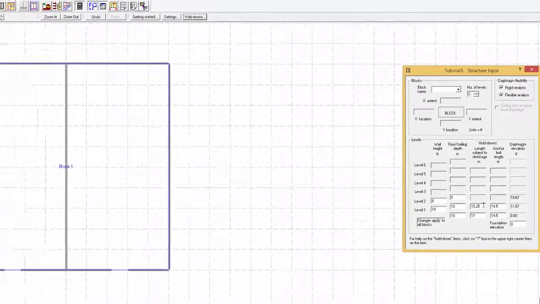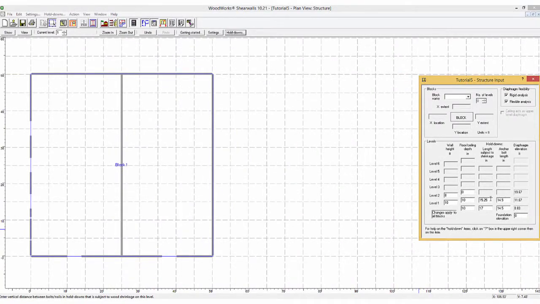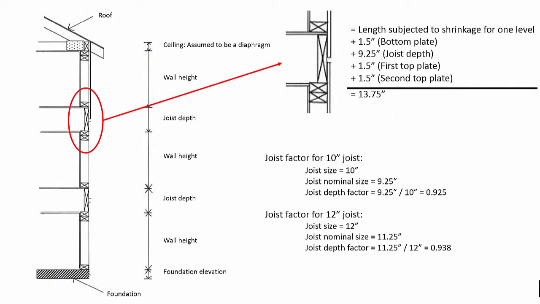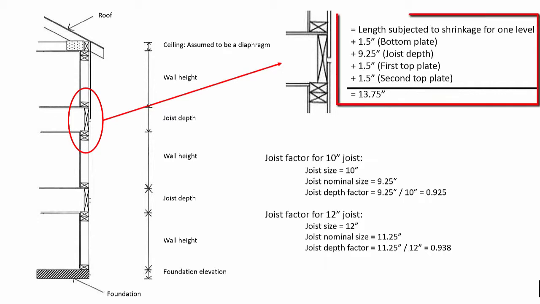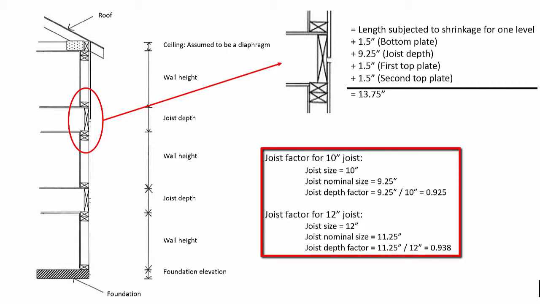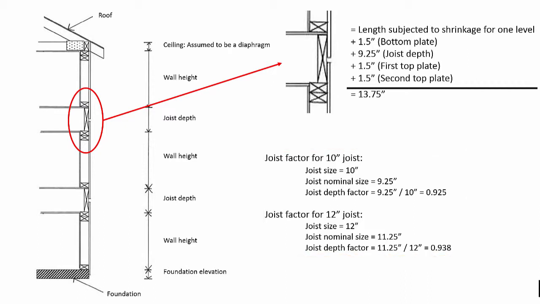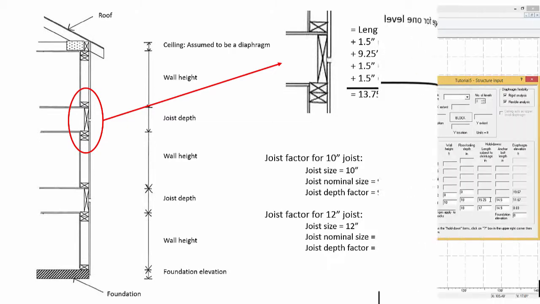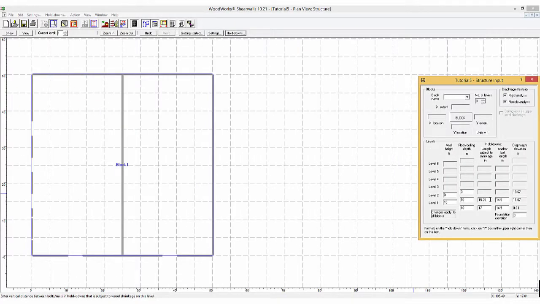The length subjected to shrinkage for one level is shown in more details here. As you can see, the bottom plate of the upper story, along with the joist depth and the 2 top plates of the lower story, are considered in the length subjected to shrinkage. Also shown is the joist factor. The joist factor is obtained by dividing the nominal size of the joist by the joist size. Now going back to the original settings,